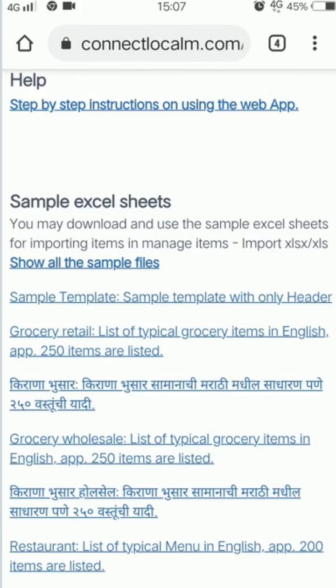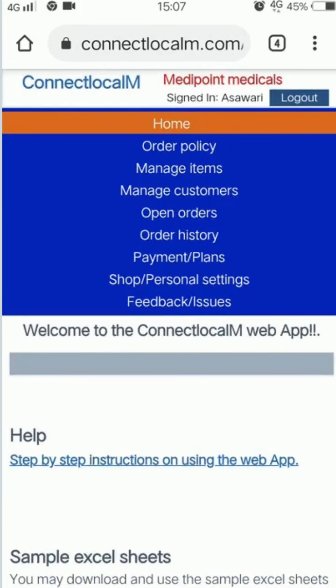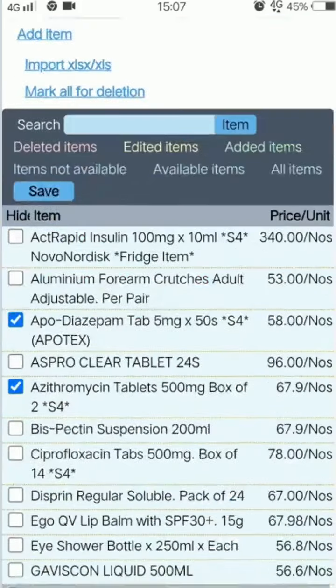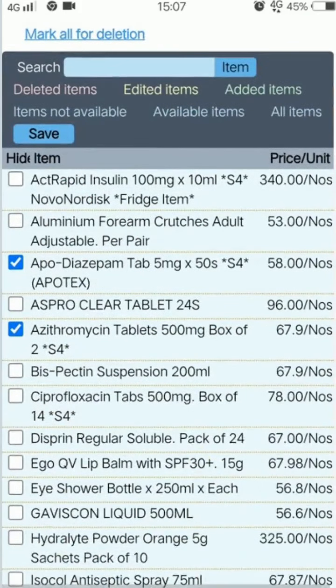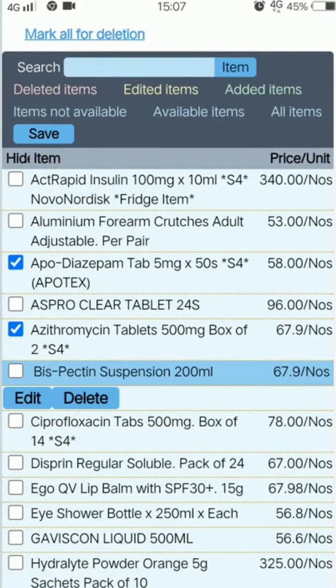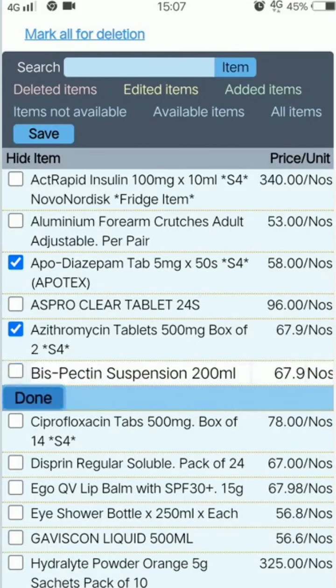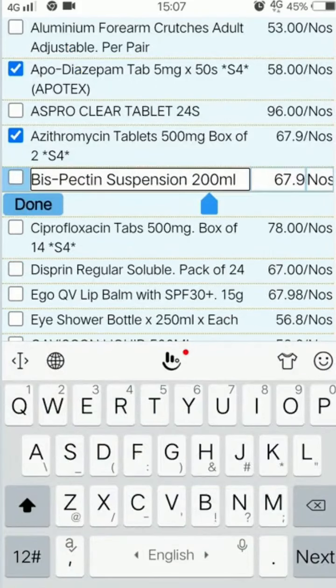If items are pre-populated, you will see the list of the items. Click on the item and the Edit and Delete buttons will appear for the item selected. With Edit, you can change the name of the item, unit and price.